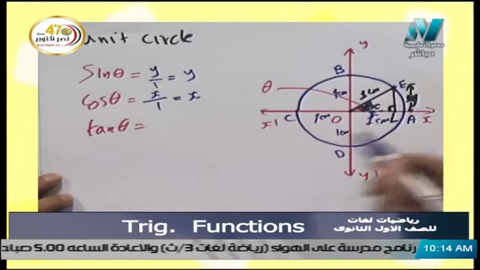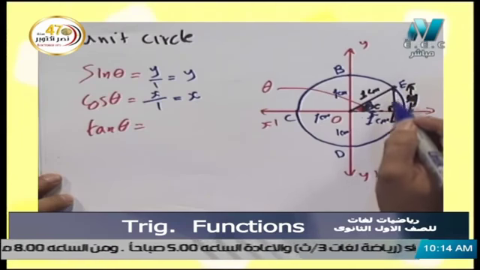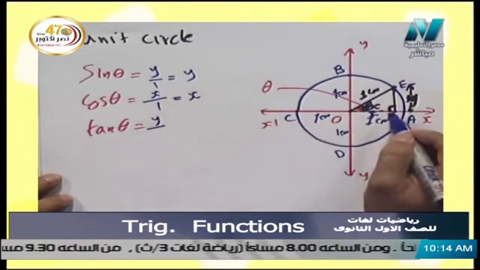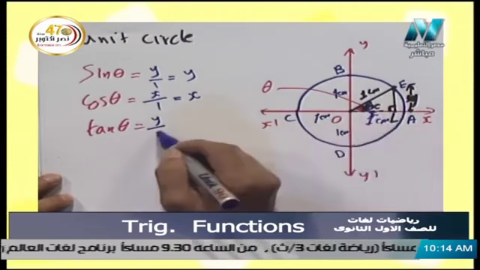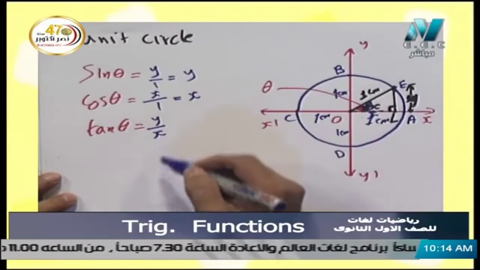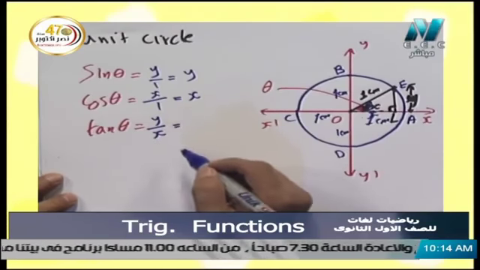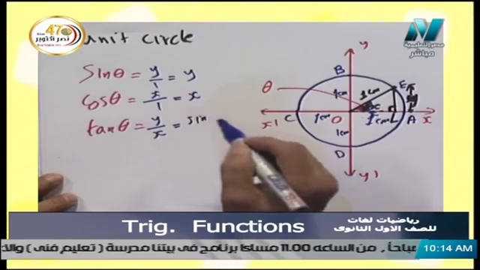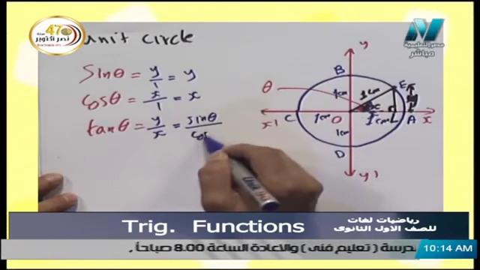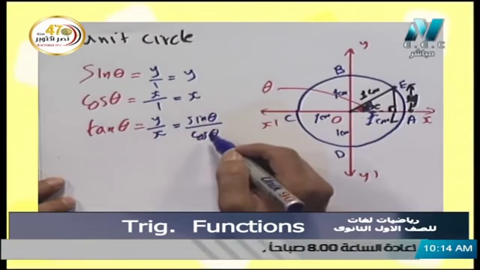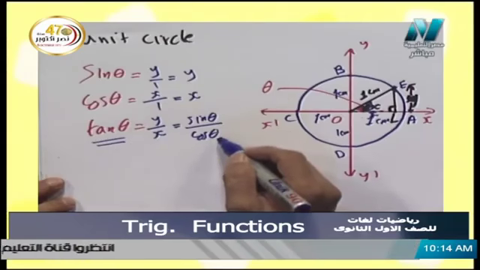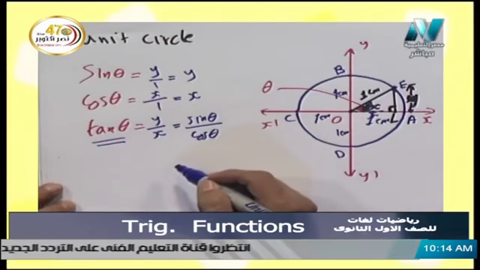Tan theta is the opposite, which is y, over adjacent, which is x. So tan theta equals y over x. We know that y is sine theta, and x is cosine theta, and this is another proof that tan theta equals sine theta over cosine theta. Okay,